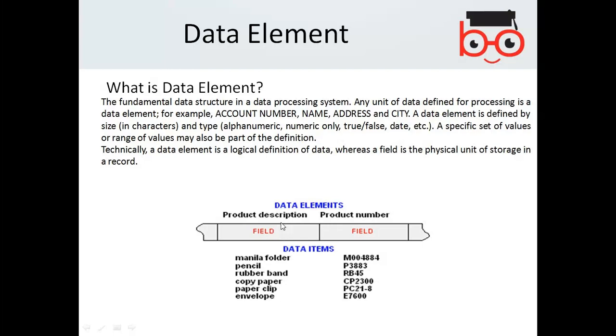These are the fields, and these are the corresponding values for the particular data element.